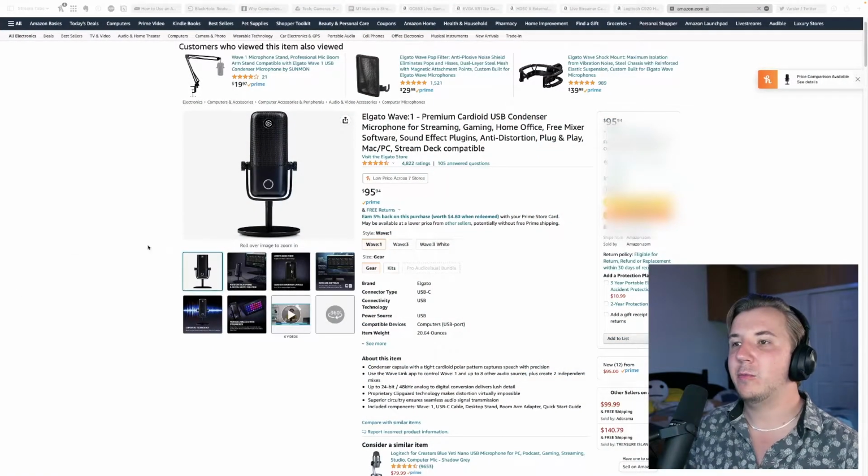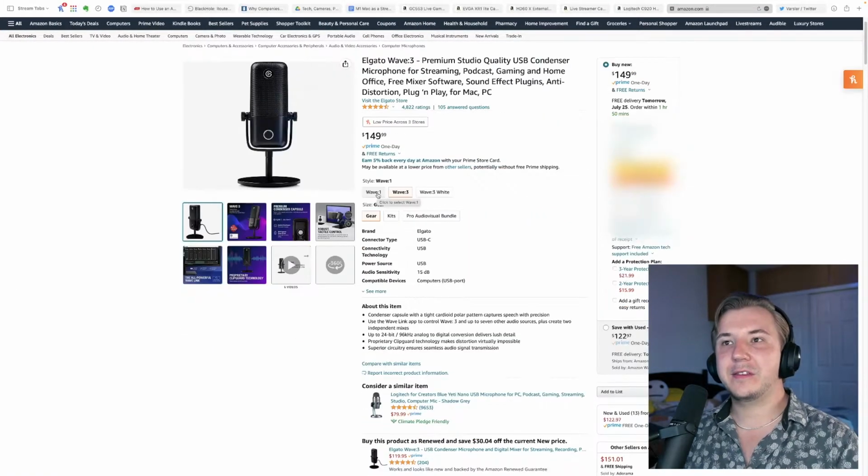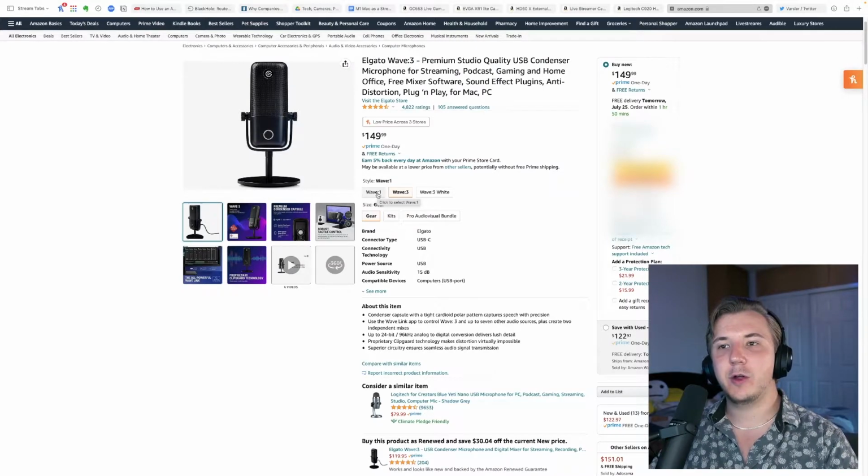You don't need an XLR mic. You don't need a $400 mic and a $350 interface to get started. If you really want to find something useful, you can start with something like the Elgato Wave mic. The Elgato Wave mic has a ton of features. It's super high quality. I don't own this mic, but it's one of the best reviewed mics that I've ever seen. The Wave 1 is $95, but honestly, I would recommend the Elgato Wave mic